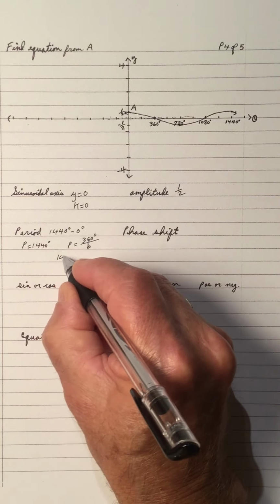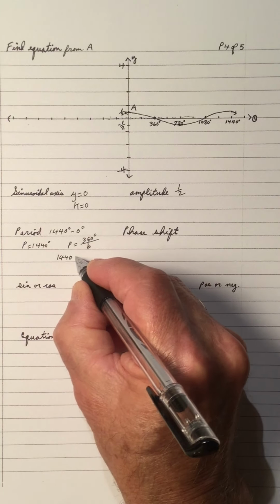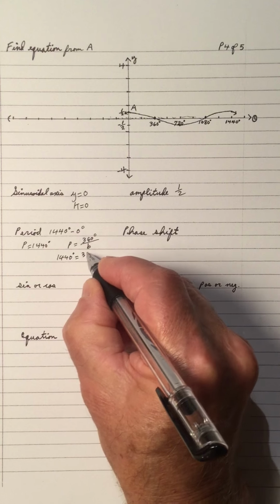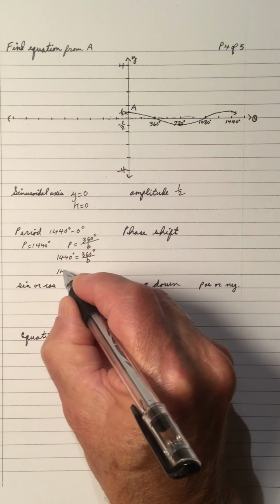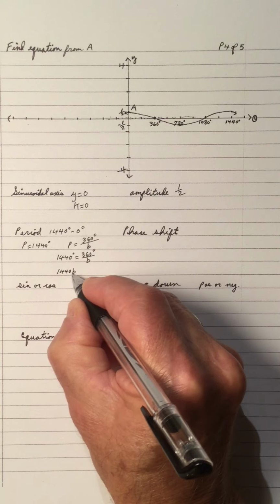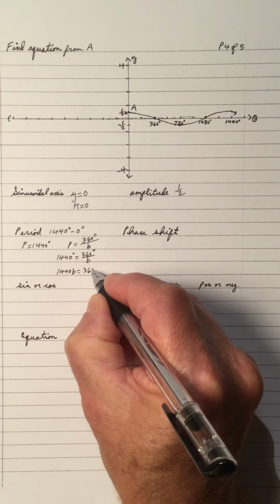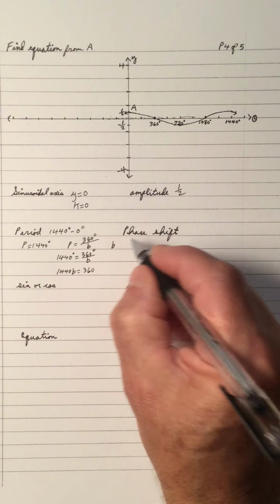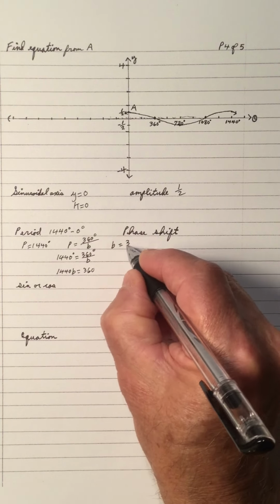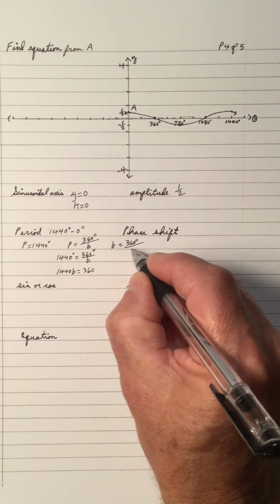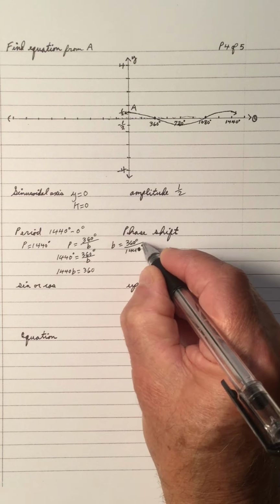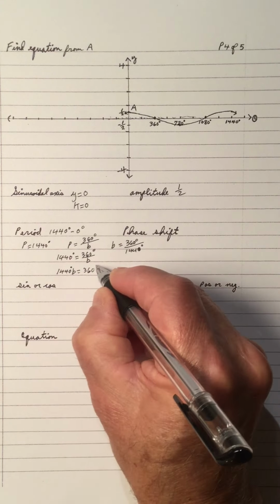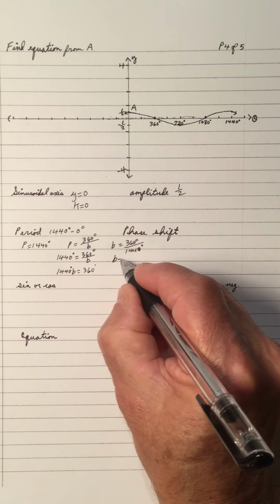So 1440 degrees is 360 divided by b. So 1440 b is equal to 360. So that means b is equal to 360 degrees divided by 1440 degrees. Degree there and degree there. So b comes out to be